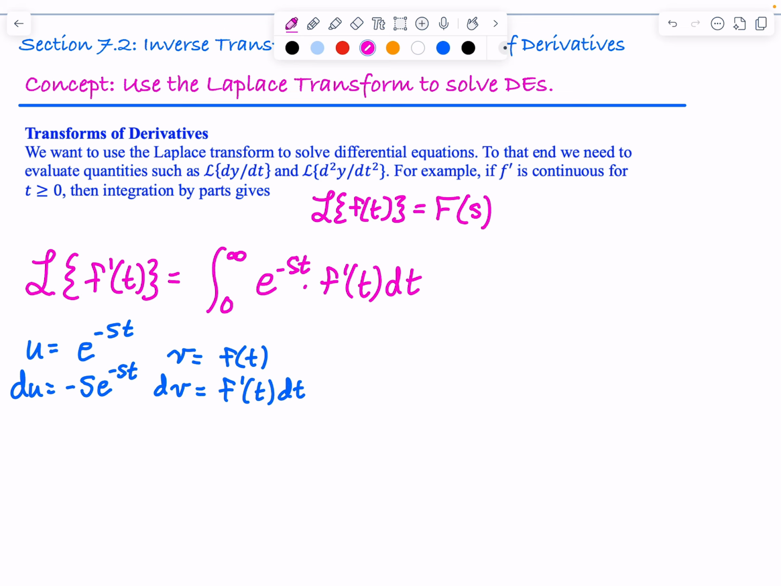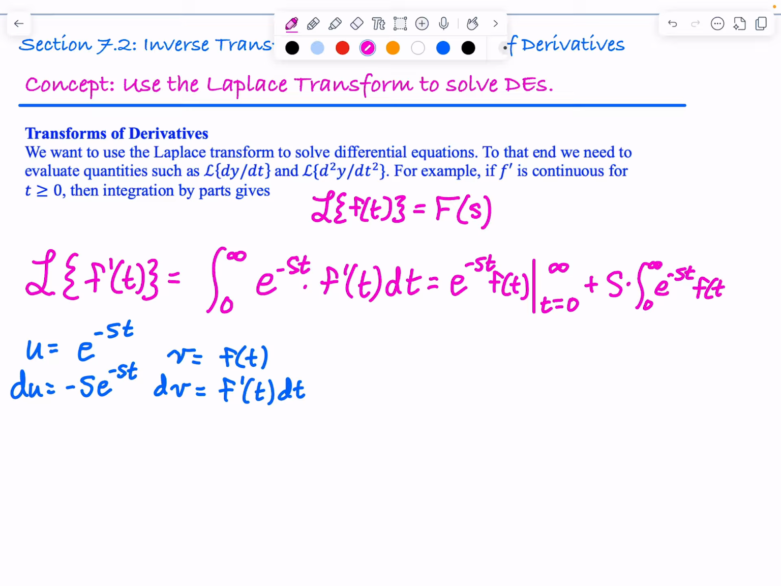Okay, so now it becomes uv, e to the negative st f of t, and we're going to evaluate this from t equals 0 to infinity. Plus, remember, it's really a limit, but we'll be okay just for this argument. Then it's u times v minus the integral of v du, so that's why we have a plus. We pulled that s out because this is for t. So this is going to be s times the integral from 0 to infinity of e to the negative st